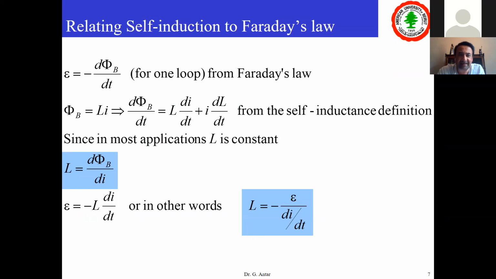E is equal to minus L di over dt. The minus sign, like Lenz's law, will oppose the change. So if I is increasing, E will be opposite to the electromotive force. If I is decreasing, E will be in the same direction as the electromotive force. So there's one thing, the definition of the inductance, which is going to be a quantity, whatever that thing is. The second thing, which is not the same as the first, is when it's going to play a role. In a circuit, it will play a role only when I have time variation. And this epsilon here, this is not epsilon